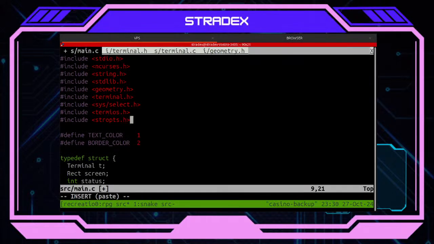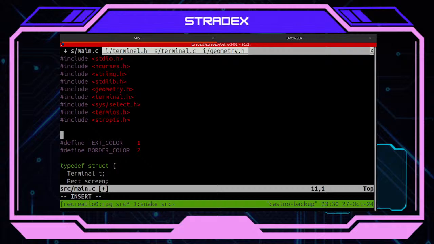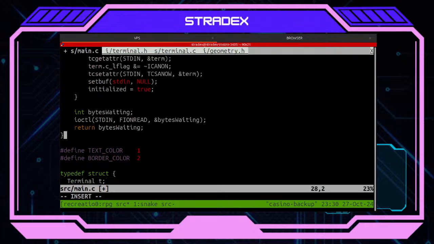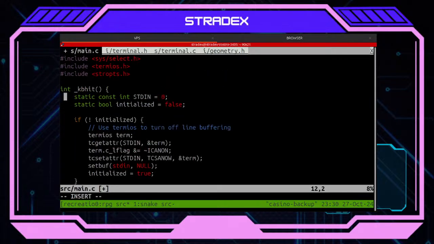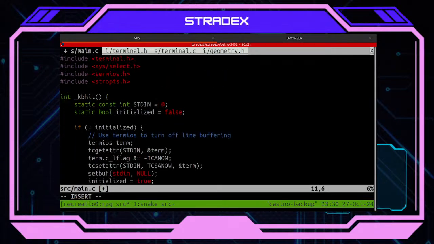Let's just trust it works. Keyboard hit.